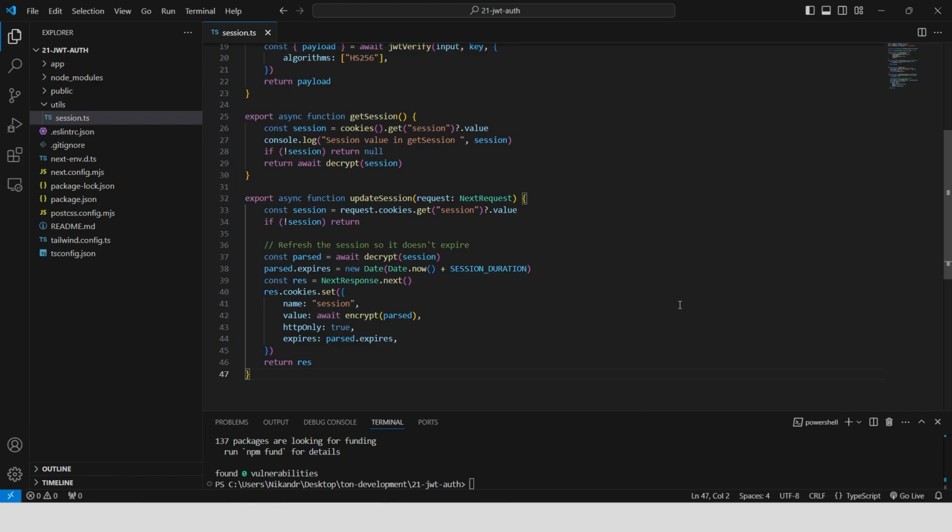NextResponse.next, sets the updated session cookie in the response with the new expiration time, encrypts the updated session data using the encrypt function and sets it in the response cookie, returns the response object. This function ensures that the session is refreshed so it doesn't expire, updating the session expiration time and saving it back in the cookies. Inside the utils folder, create a new file,